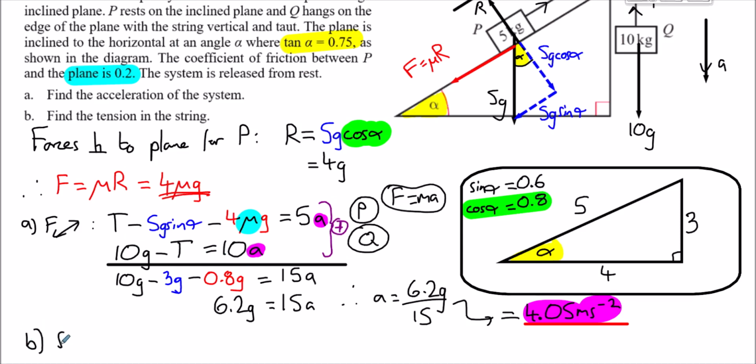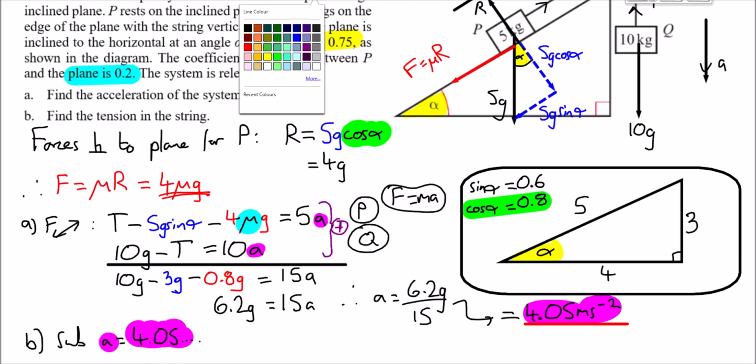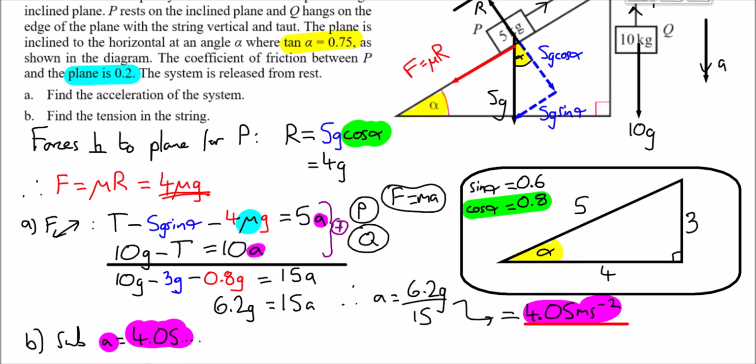So B, if we sub A equals 4.05, etc. I'm doing these dots here just to make it clear. I'm not going to round the value off. So if I sub A equals 4.05 and the rest of it into the equation of motion for Q,